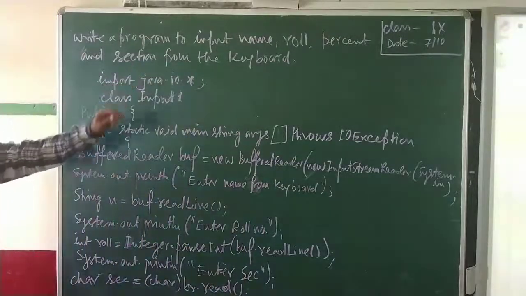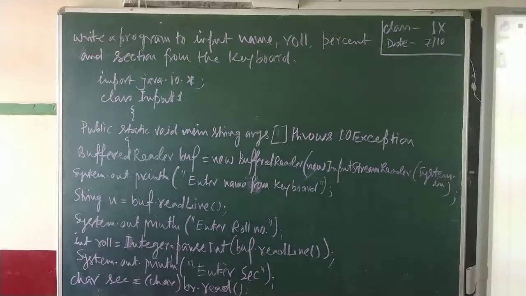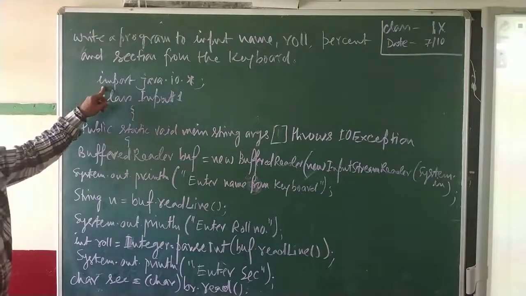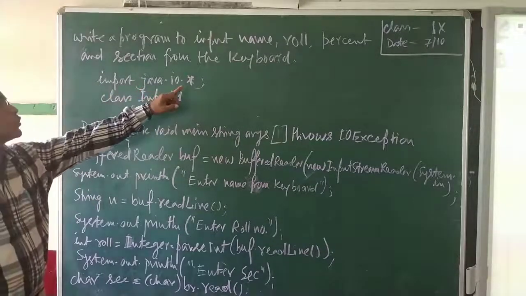There is a variety of data we are writing. Other than that, there are one or two still left, but these are some important data types. These are the data formats, you have to know them. This program is also given in the notes, you can see the complete program there. Now you see, for this type of keyboard input, we have to write import java.io.*.